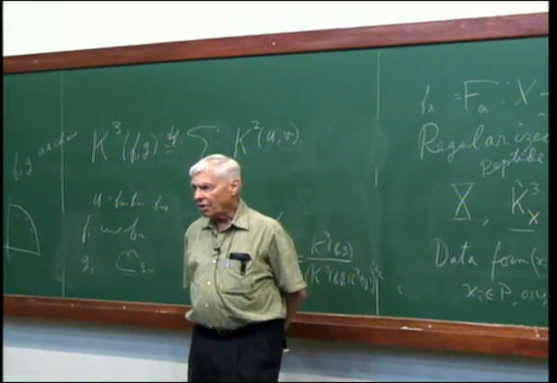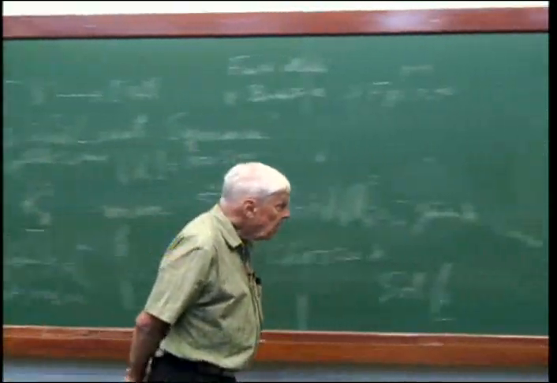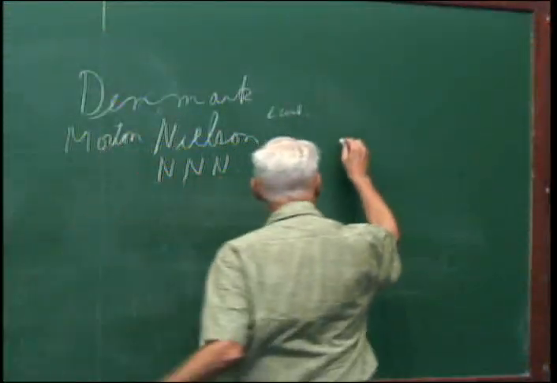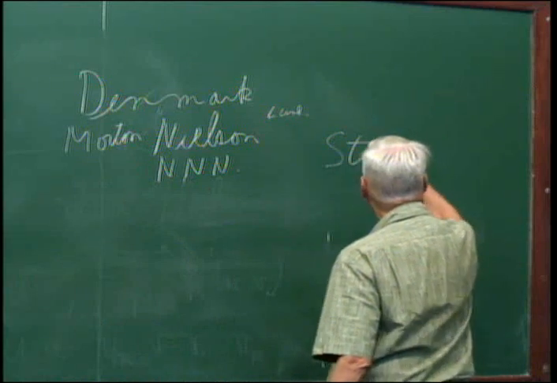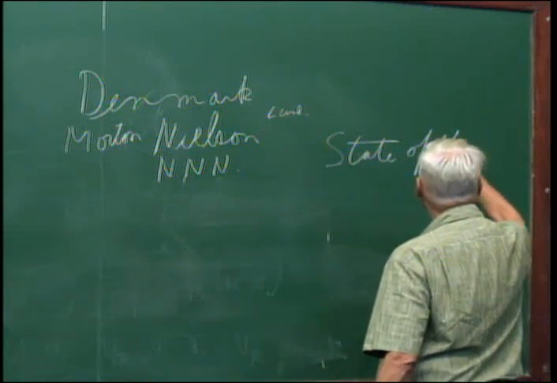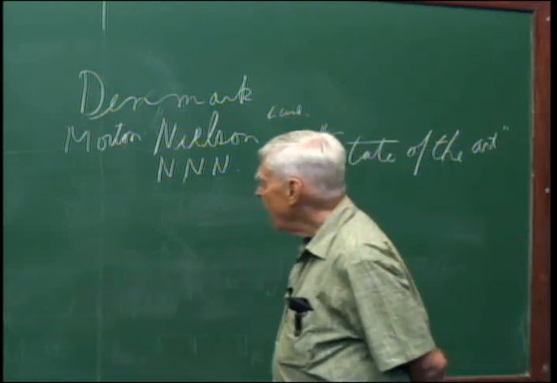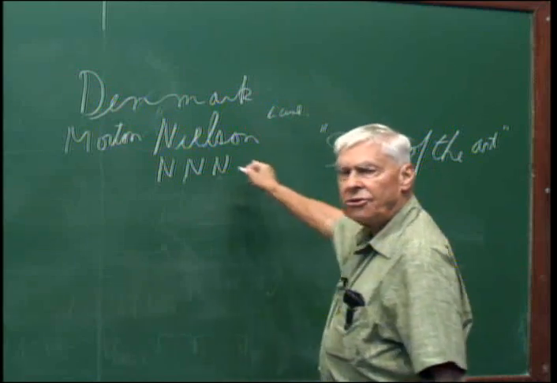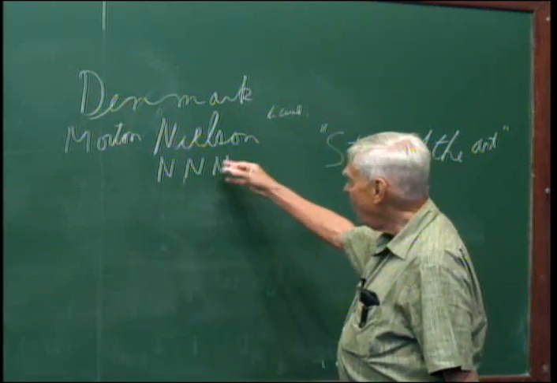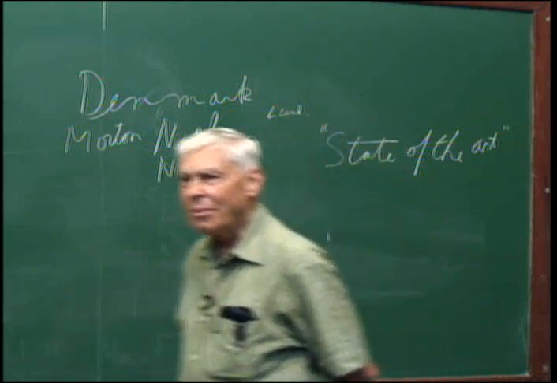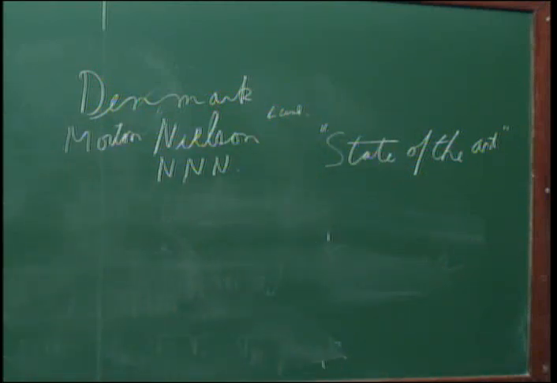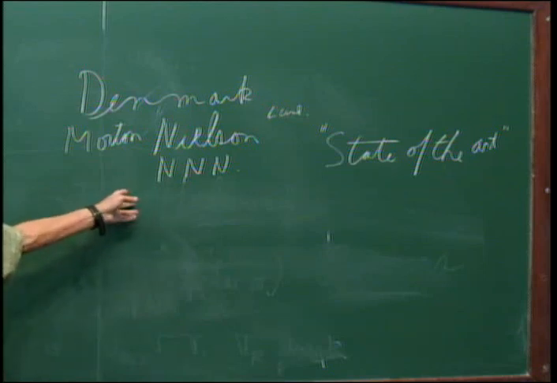They're always doing the best. He always says he is the state of the art. And he is. So we always use his results to aim for. We always say, how are we doing relative to Nielsen? Because this was so much better than all the other people. But with the algorithm, you couldn't learn much about it because it was such a complicated procedure. This nonlinear neural network algorithm is complicated.